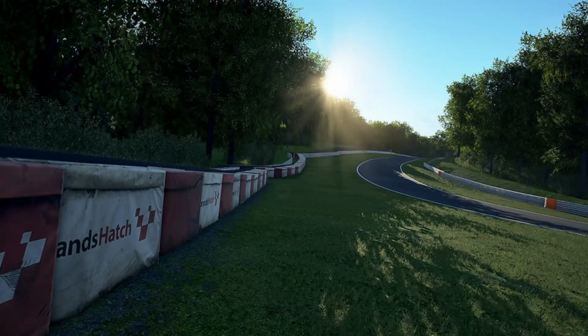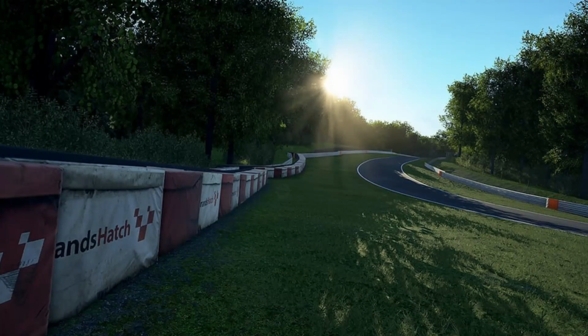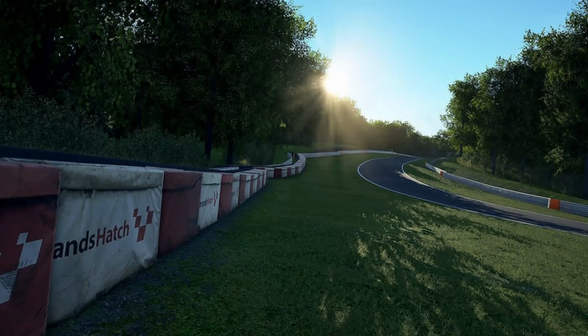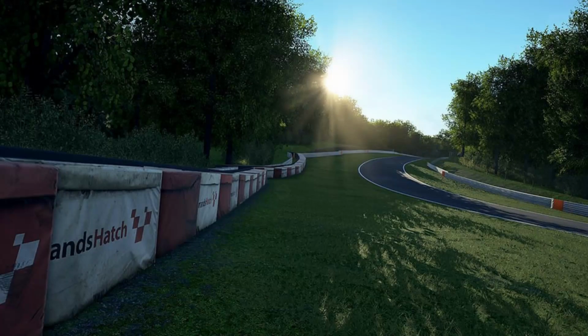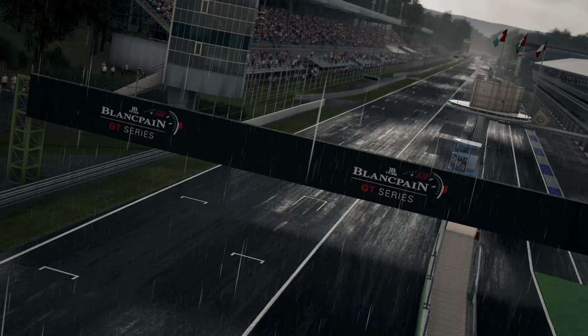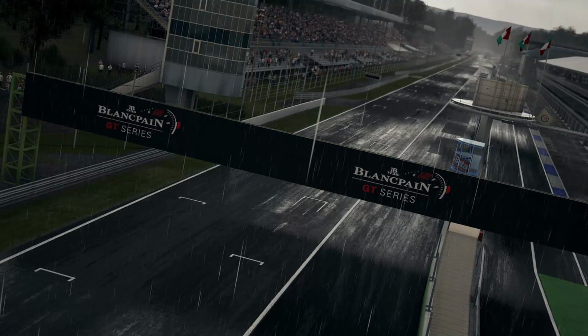And actually, strangely, there's been some criticism of the screenshots of ACC, people going, oh, it just looks like AC with better shaders. Yes, I think it does. I mean, obviously there's more assets on the screen. I think there's more detail there. Personally, I really like how it looks. But